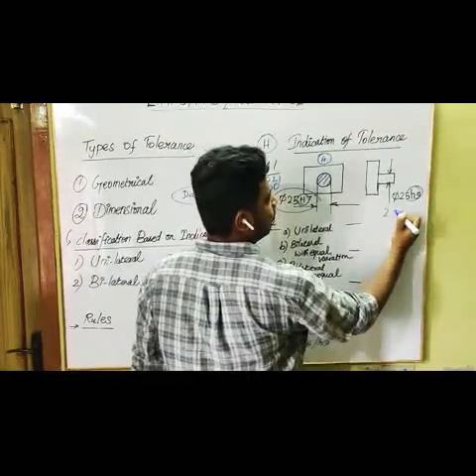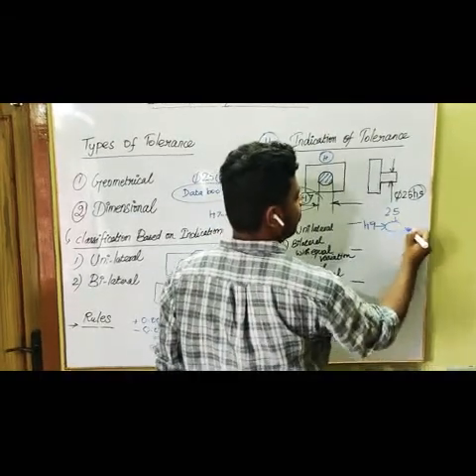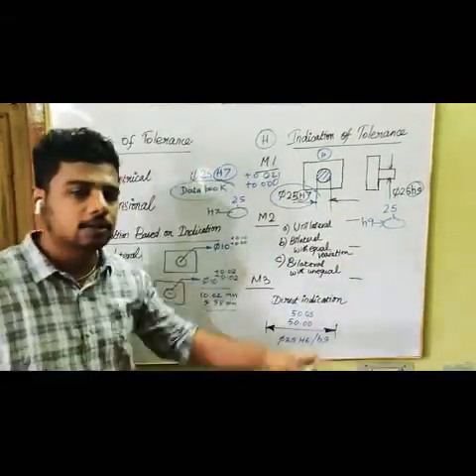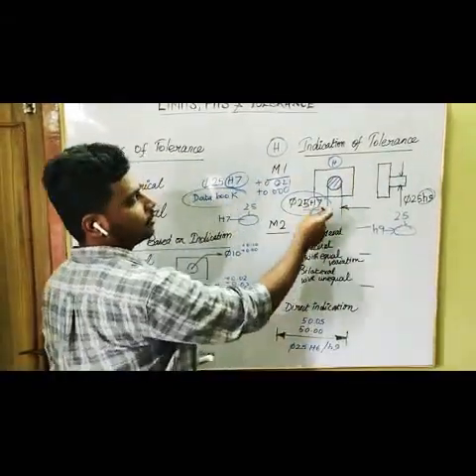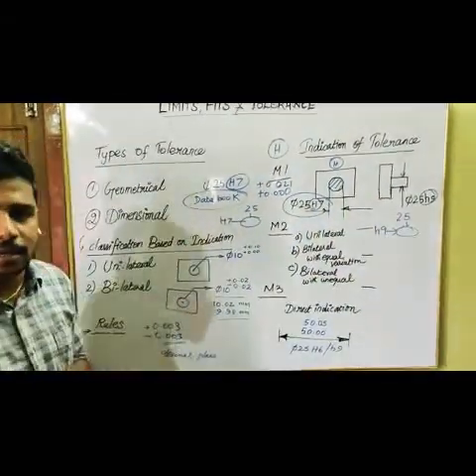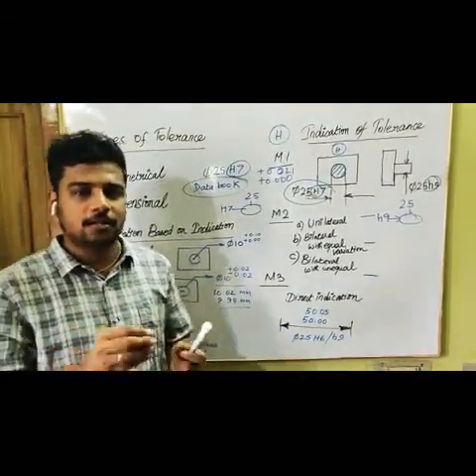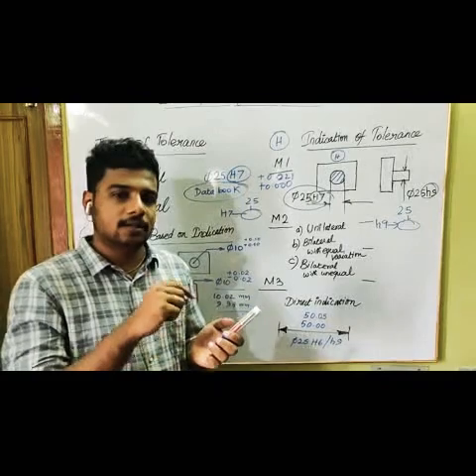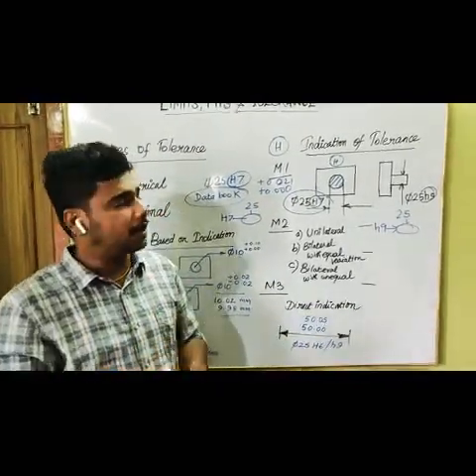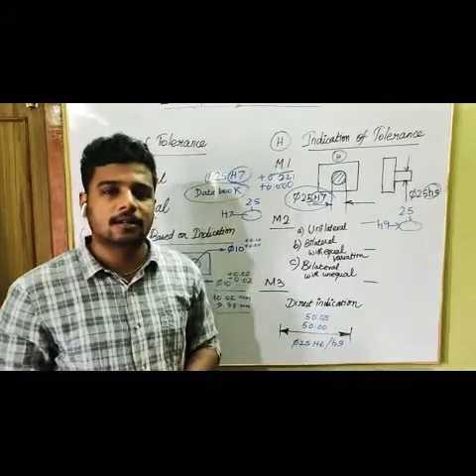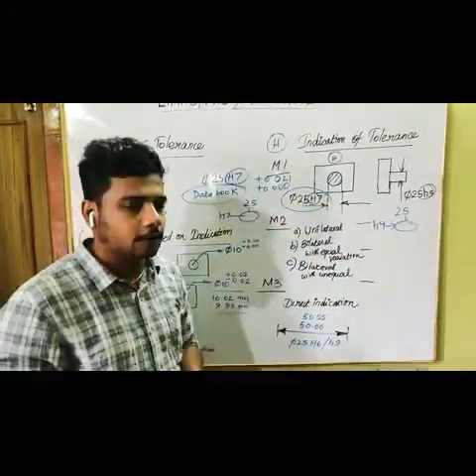For a 25 mm shaft diameter, H9 grade, what is the tolerance value? By using a data book, you can see that. So this is method 1 of indication of tolerance. By using these grade numbers, you can indicate the tolerance. That is what you have seen in your assignment sheet, where the diameter is mentioned as 49 H7, 49 H8. These kinds of grade numbers are mentioned in your assignment sheet, so you have to follow method 1.